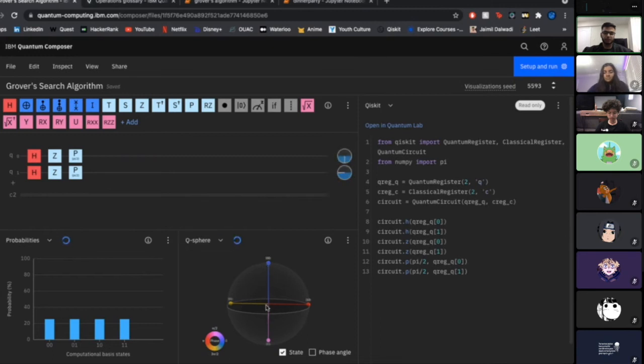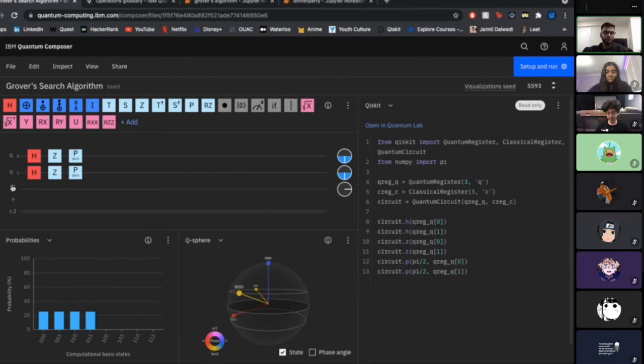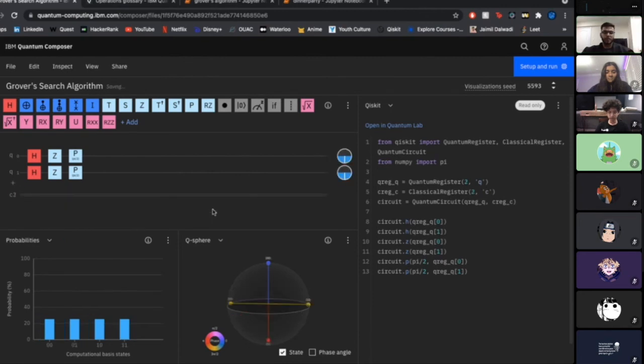So now you can see it's split evenly, right? All over. I don't have the sphere there for the Q sphere. You don't have a sphere? That's fine if you don't. It's just a visualization. Does it say state vector? No, I'm on Q sphere. Okay. It just might not show for some reason then. That's fine. It's not going to be very important for the actual run. But yes, I'll keep going.